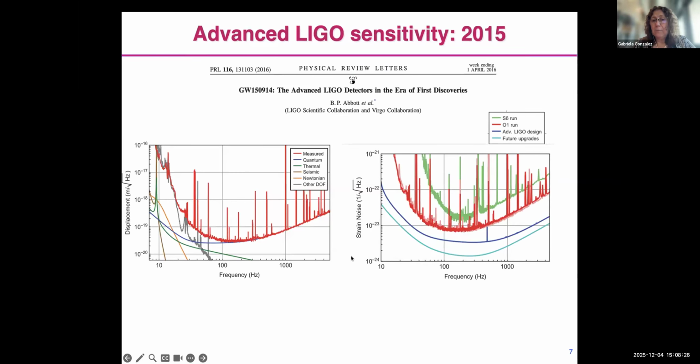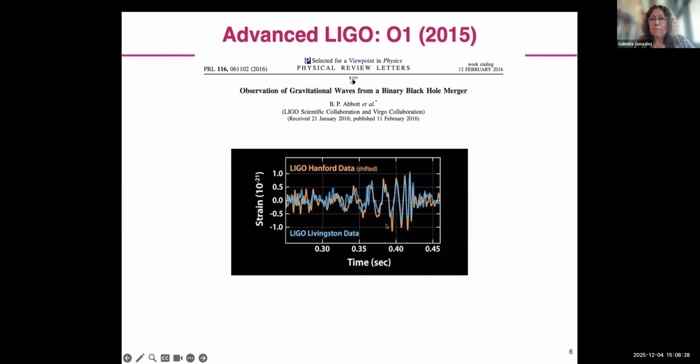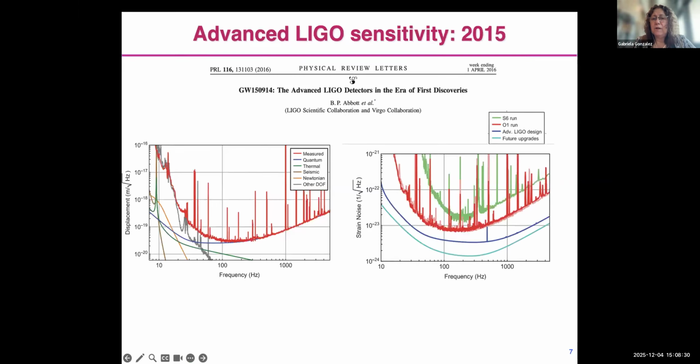Now, the sensitivity that we had here in 2015, that was in the very initial era of Advanced LIGO. This is the amplitude spectral density in meters. So if you want it in strain, you have to divide by 4 kilometers. But when you want to relate these to ground motion and other things, sometimes we use it in meters. And you can see here that we were limited by quantum noise, shot noise, phase noise, and